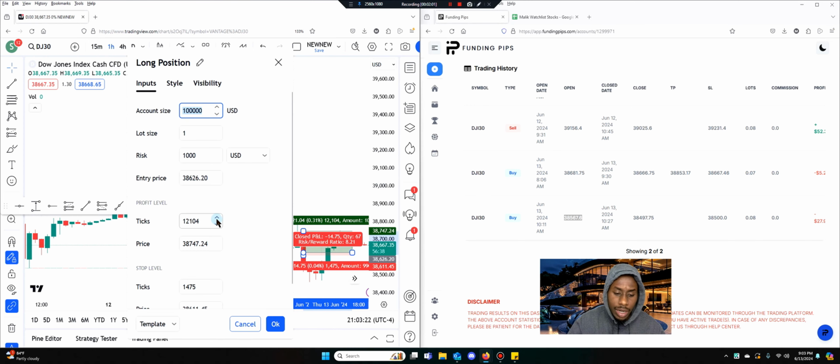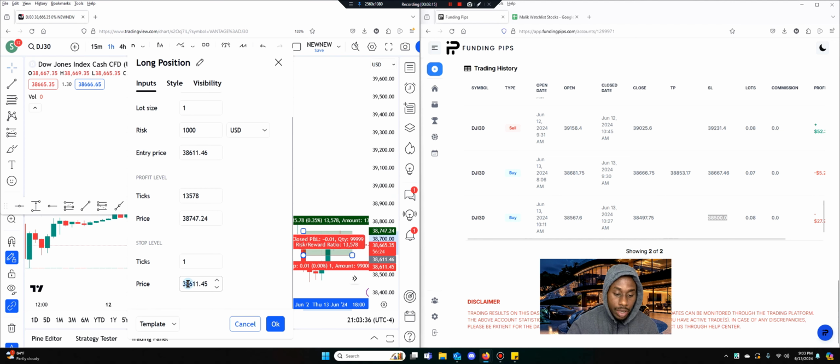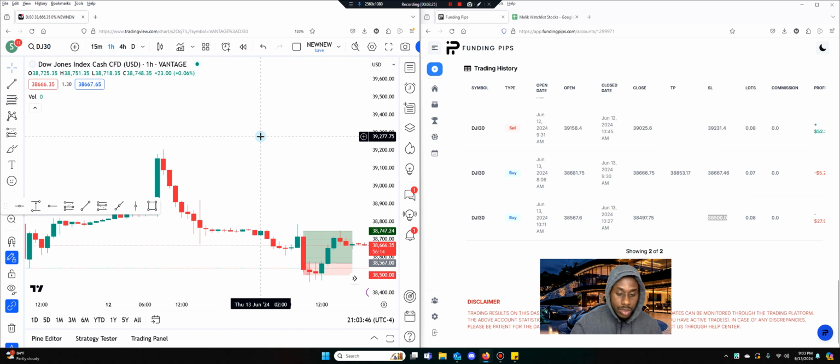I didn't even realize that I got stopped out so quickly. I saw it much later. And then when I looked at the chart, I saw a possible entry, but because of the timing, as I said, I wasn't confident in taking that trade. So the stop loss was at 38500. And then my entry was at 38567 on this. So you can see it wasn't the best trade on